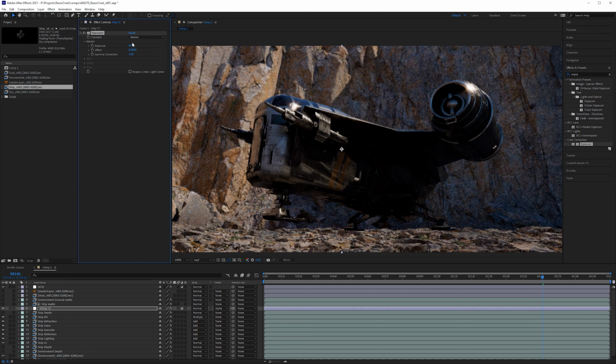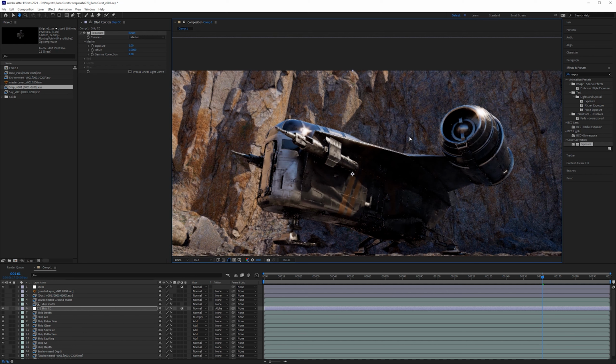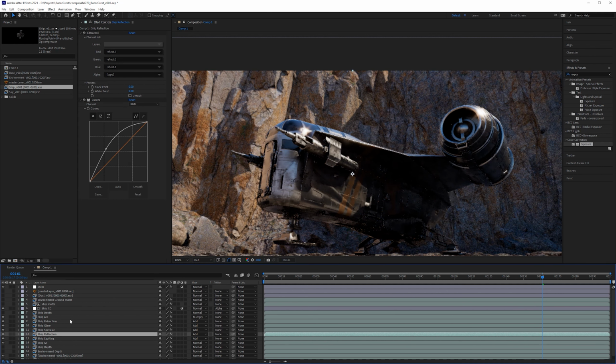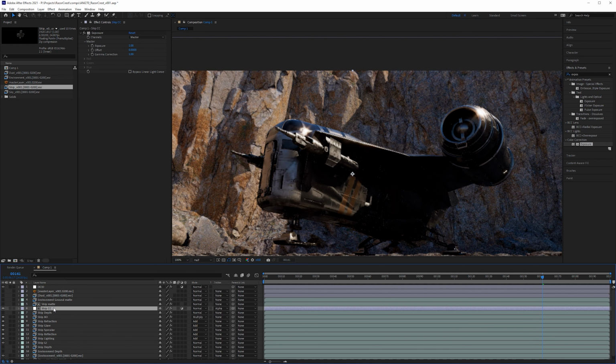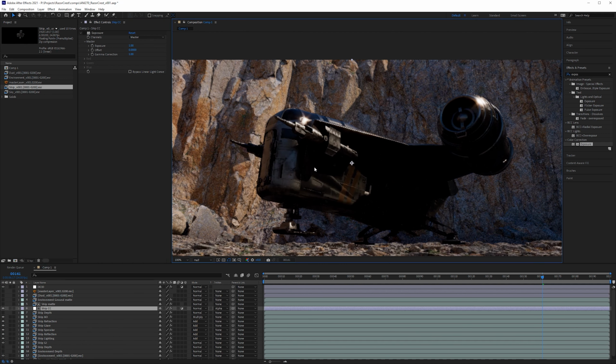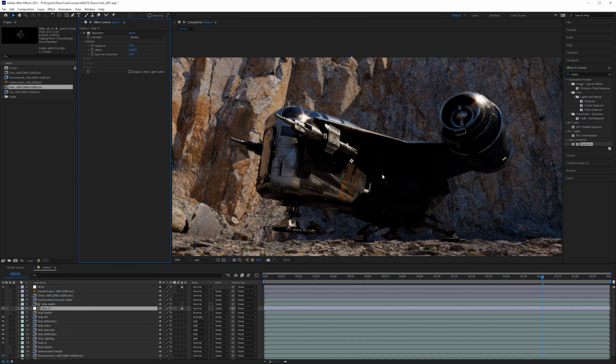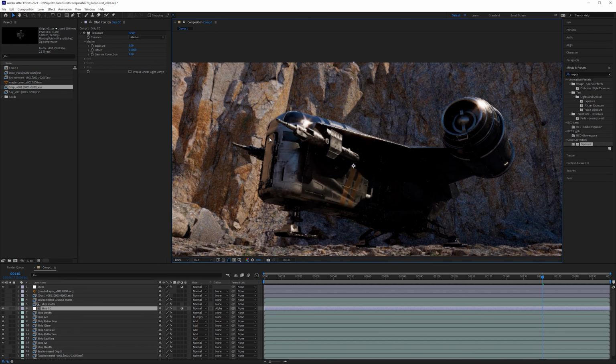When exposing on a camera, you have like a little notch and then you can increase the notch, which increases your exposure steps. And we can do something like that. So right away, we could say for the exposure, a value of 1. And see how that just brightens up the entire ship right now. If I go back to my reflection layer and I turn off that curves, we can see what this is doing a little bit more clearly because there's no additional interactions. If I turn this layer off and on, it's pretty dark here. But turning this on, this gets it to a value that's much closer to what I want.